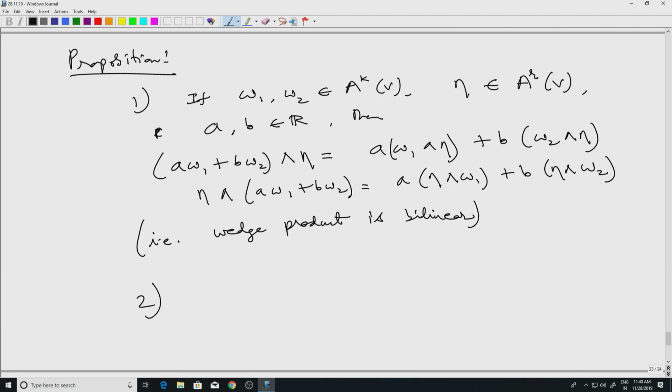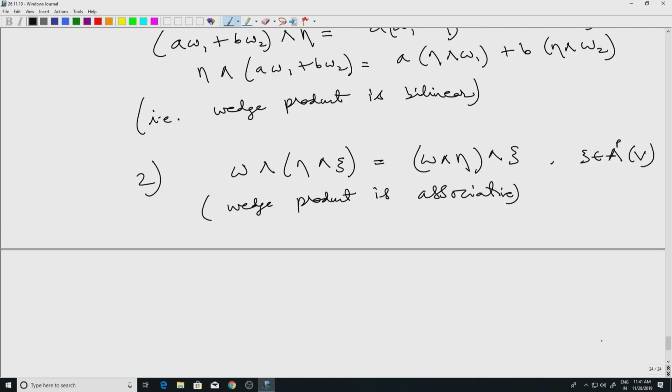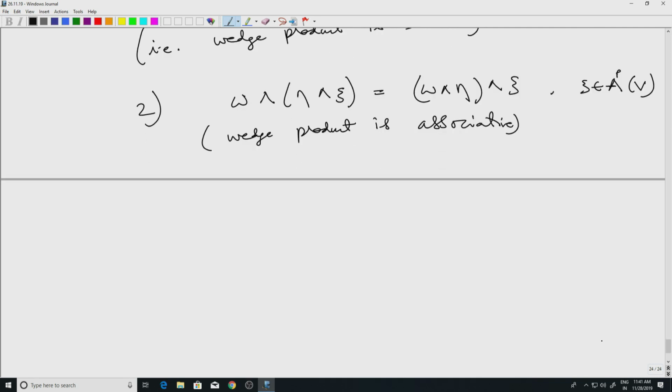The second thing is, now this is the part which requires some work. The wedge product operation is associative. So here eta is anything else, some other form; I've already used k and r, let me call its degree p. The point is that there is no restriction on the degrees of the forms. This is associativity, and the third thing is also very important, which is called